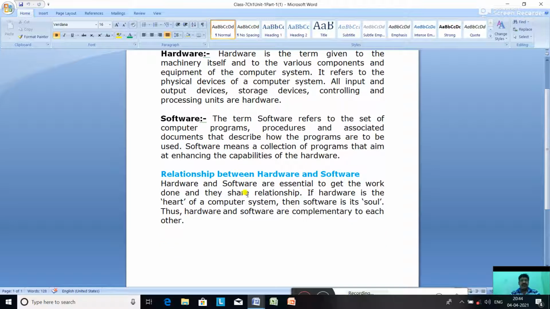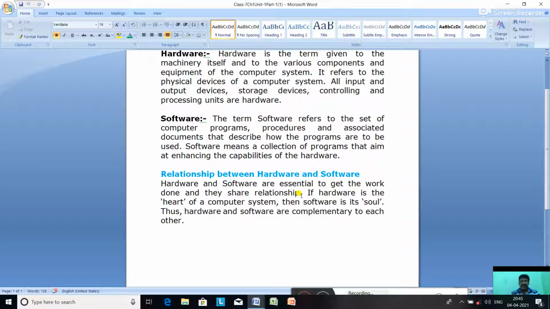Now, what is the relationship between hardware and software? Hardware refers to all the visible devices which are assembled together to build a computer system, which we can see. And software refers to the computer programs that are loaded into a computer system. So the blending of software and hardware gives life to a computer system. Hardware is the physical part of a computer. It is nothing unless it has a software. If we have got a brand new computer but we don't have any program, it cannot do anything.